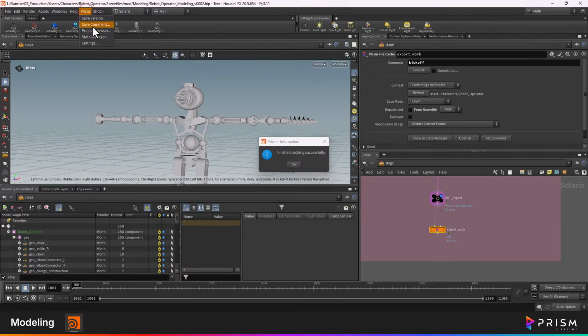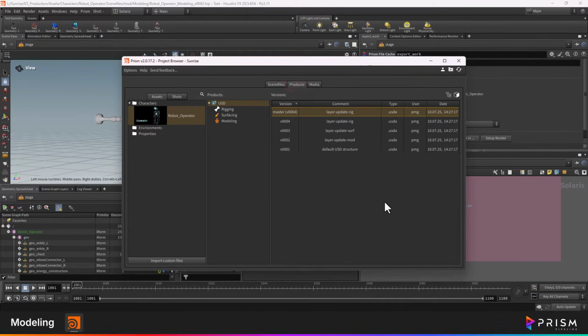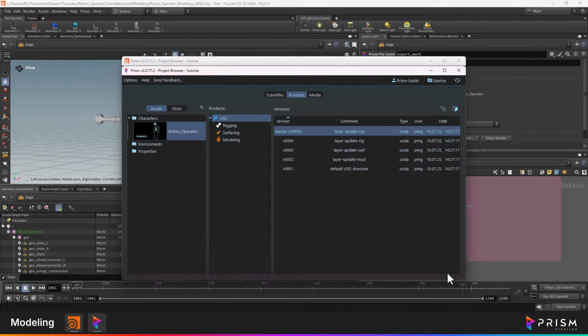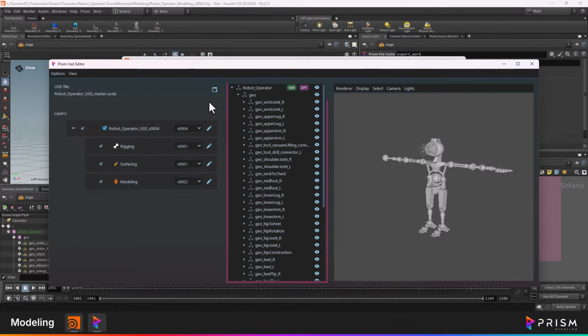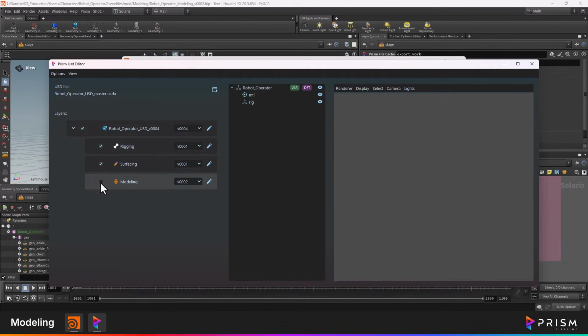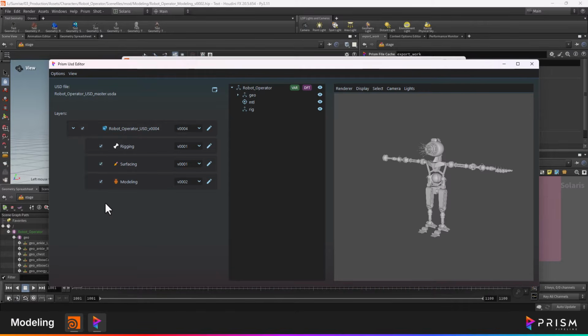While the export can be viewed in the Houdini project browser, it is recommended to use the standalone project browser. Open the USD editor and the finished character model can be previewed inside the USD viewer. In addition, the object hierarchy can be viewed, which matches the hierarchy in the Houdini scene graph. Note that all data created in the modeling department is now saved onto the USD modeling department layer and can be muted by toggling the checkbox. If a layer is muted, the corresponding objects are invisible in the USD viewer as well as in the USD scene graph.